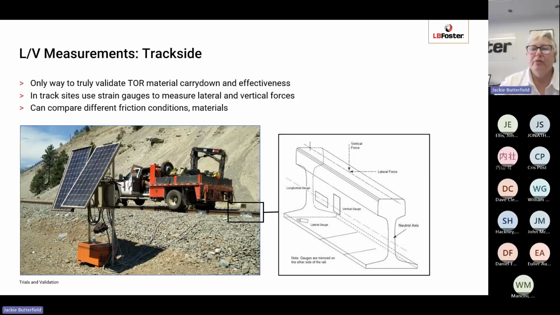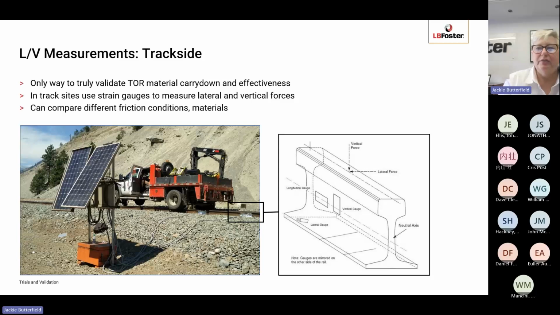Some products, particularly freight products, it's more difficult to actually detect them in the contact patch as you're moving down the track. And so L/V measurements are much more reliable. So to do this, strain gauges are attached to the rail. So you can see in the picture, you can just see on the web of the rail, the strain gauges